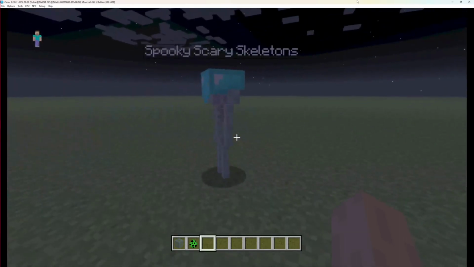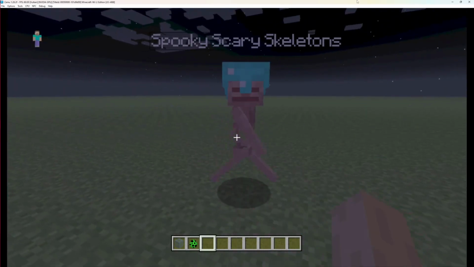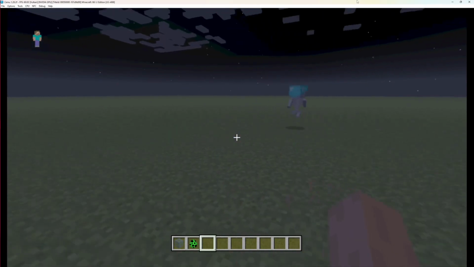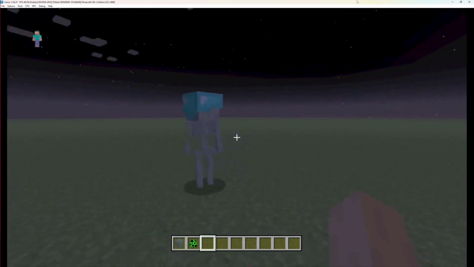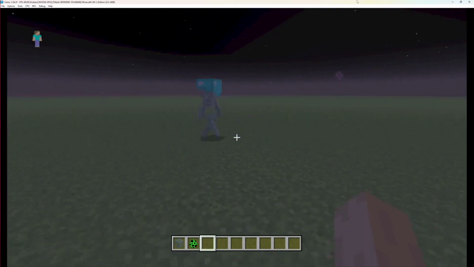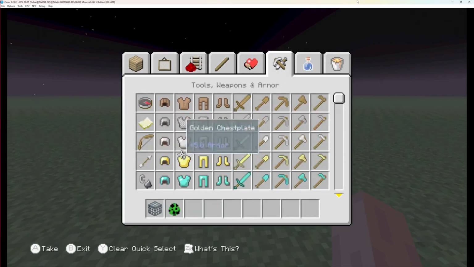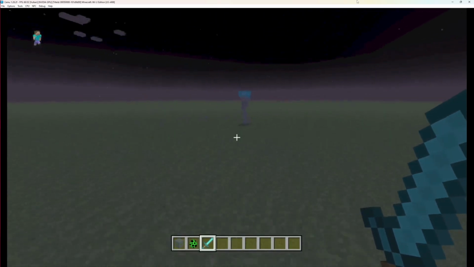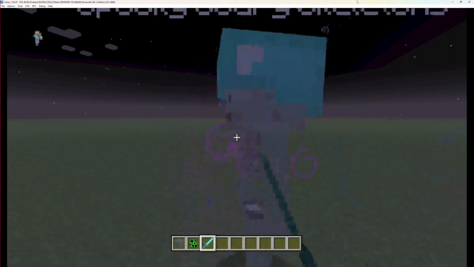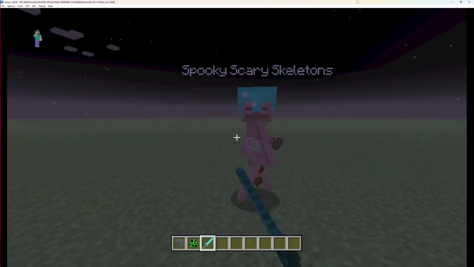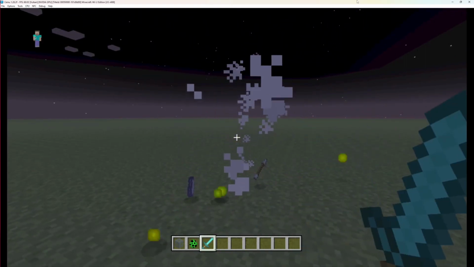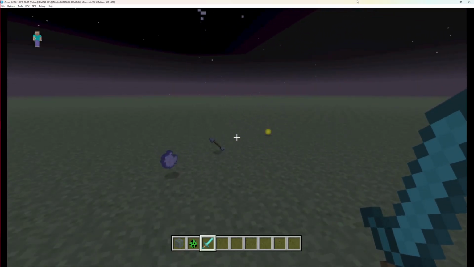But as we get one of these skeletons spawned here, I'm going to hit it, and as you can see, it's basically not taking any knockback because I set the knockback resistance really high. The skeleton is walking really fast, if you can notice that too, because its speed is set up. And if I get a sword, let's grab just a diamond sword from the creative inventory here. I'm going to grab that diamond sword. It's going to take me quite a few hits to kill this thing because it does have 40 health points. So I'm going to keep hitting and hitting, and then eventually it dies,